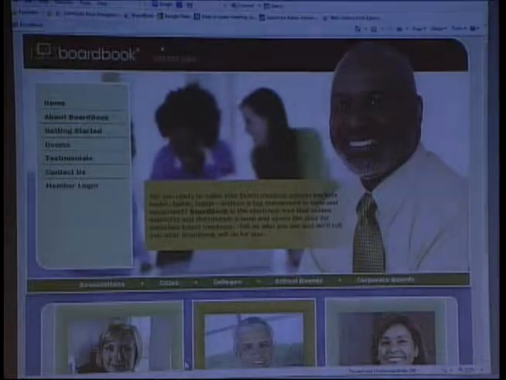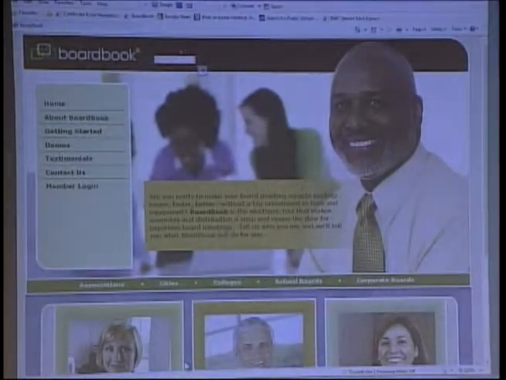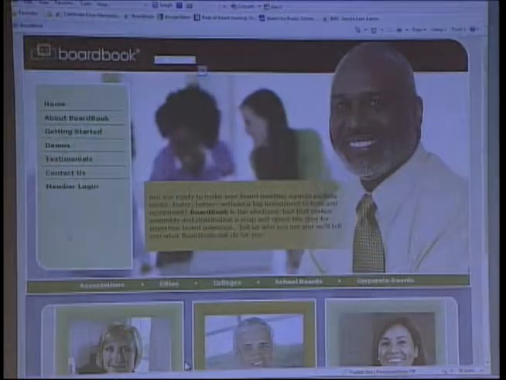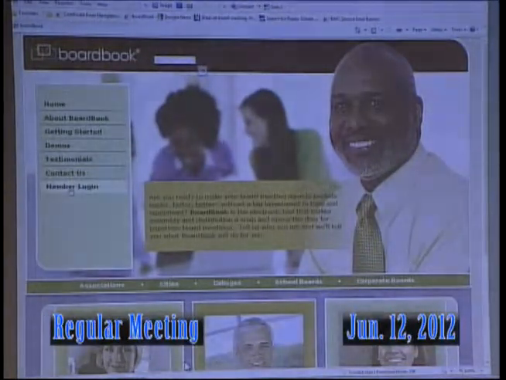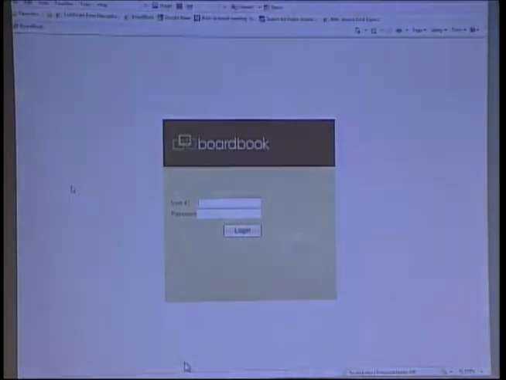So up on your screen, you're seeing the Board Book homepage. That's boardbook.org. At the top, you'll find our toll-free support number. If you have questions or need additional training at any time, you can reach us at this number. Over here on the left, you have a member login button. And you can log into Board Book anywhere you have internet access. It works well with PCs, mobile devices. We'll take a look at a screenshot slideshow of what it's like to use an iPad. I know some of you may be using iPads, in fact tonight even.